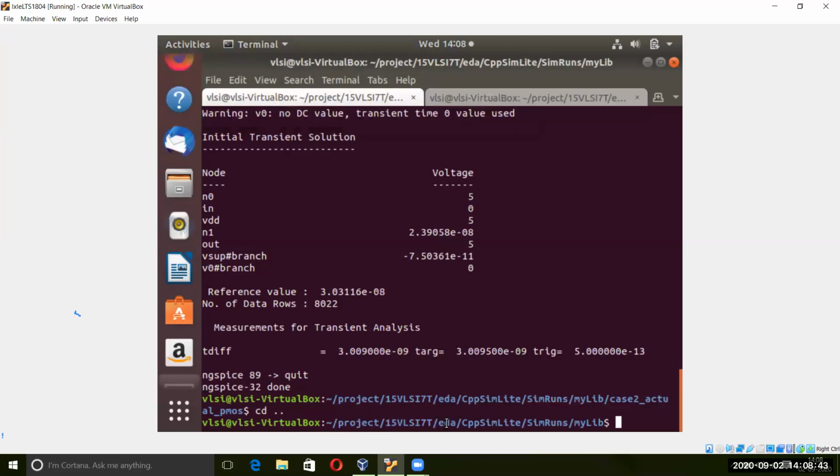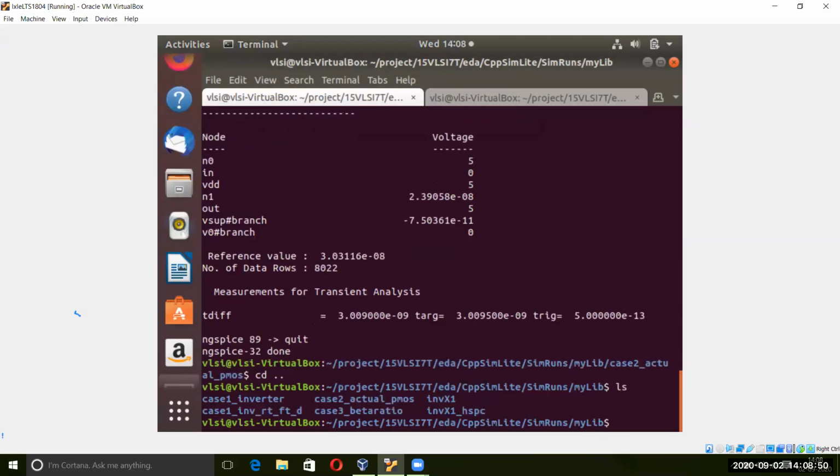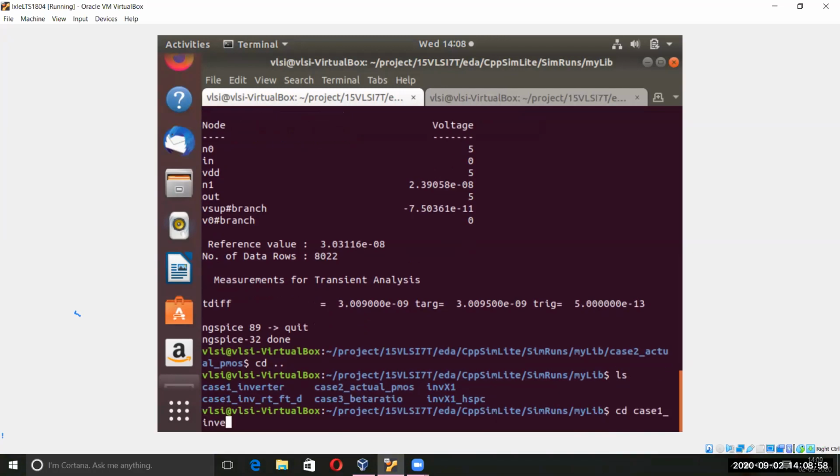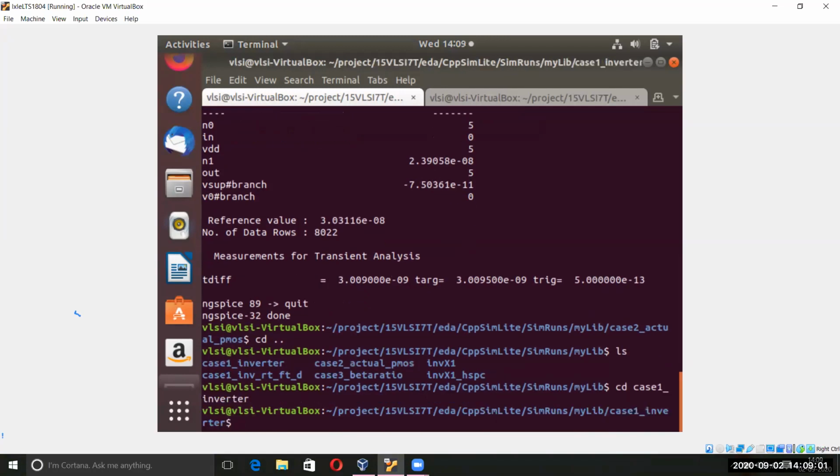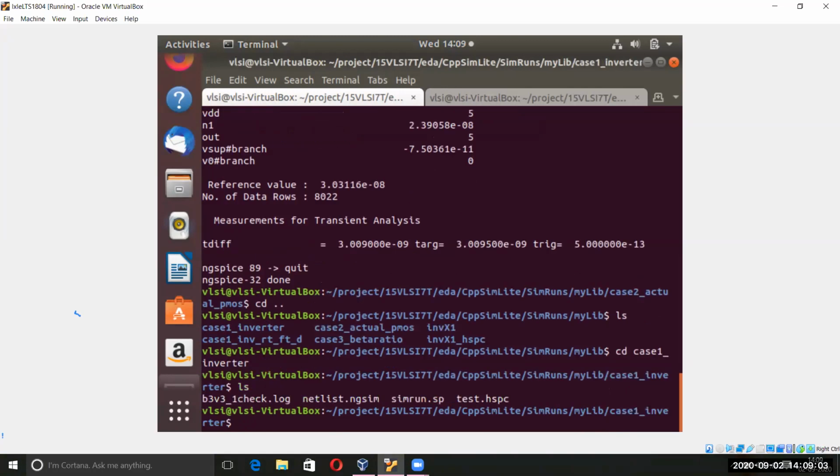Change the directory, project, VLSI, EDA, simulation, Mylium. My inverter was for case one, so this is my case one. Then you have your netlist here, your simulation and netlist HSPICE. We are interested to run the simulation, so we'll open the simulation first.